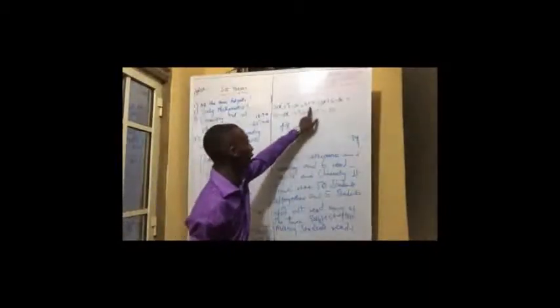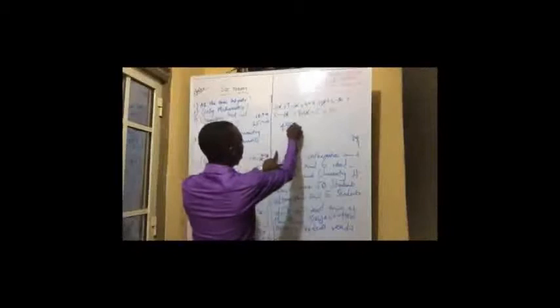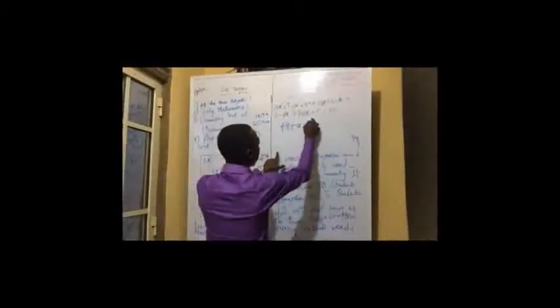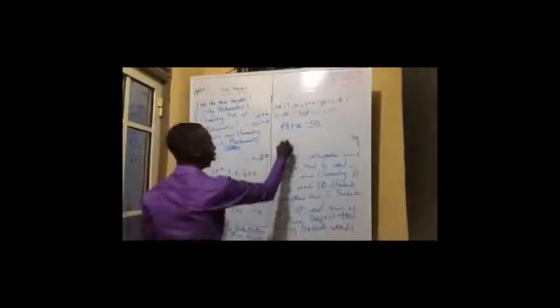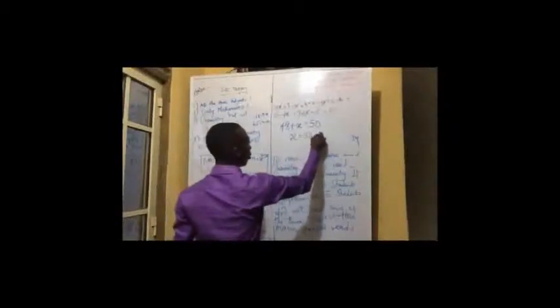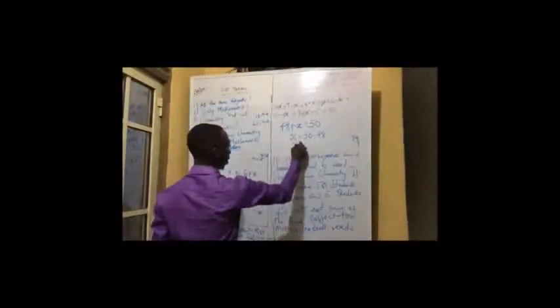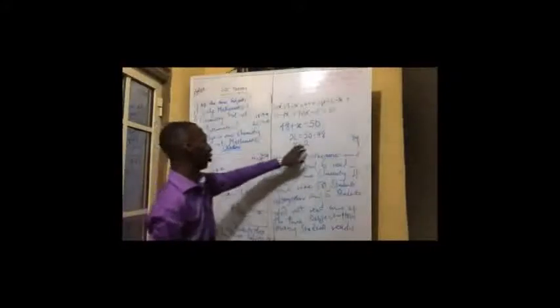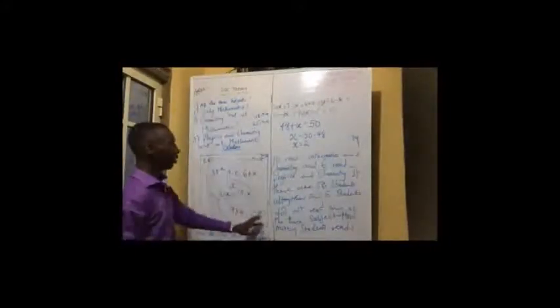Now check out. I'm left with 1x there. That's plus x is equal to 50. I hope that is clear. Now we have x is equal to 50 minus 48. So the number of students that do all 3 subjects is now 2. So we have 2 students doing all of physics, maths, and chemistry.